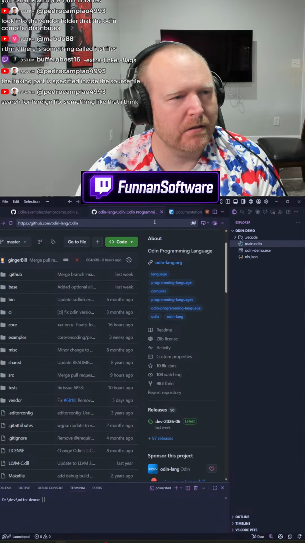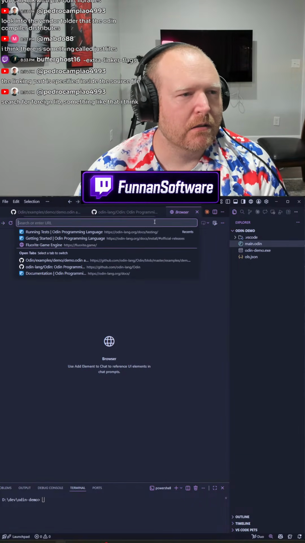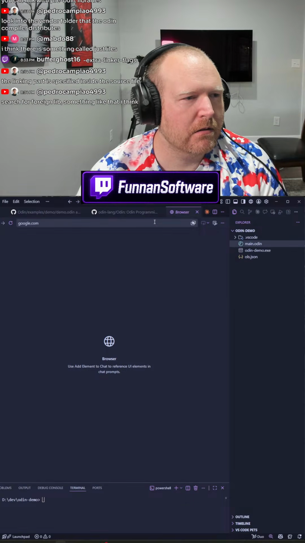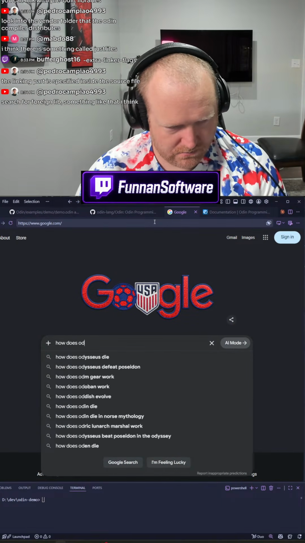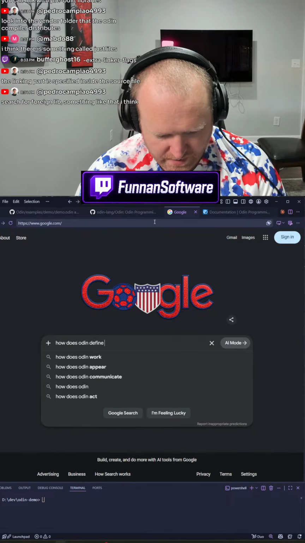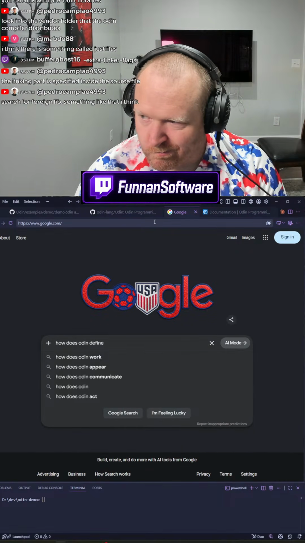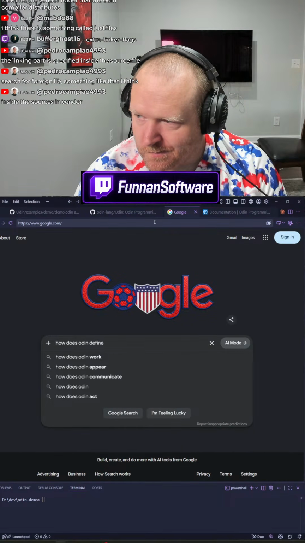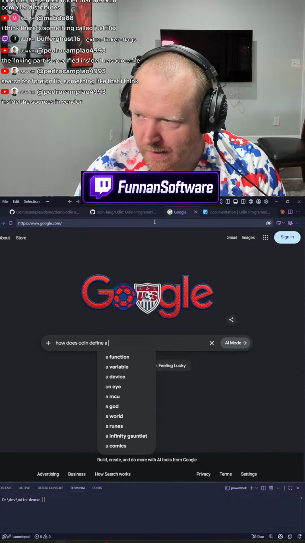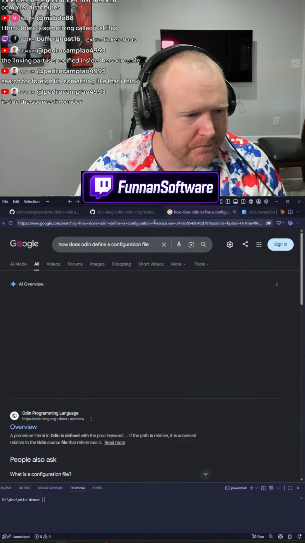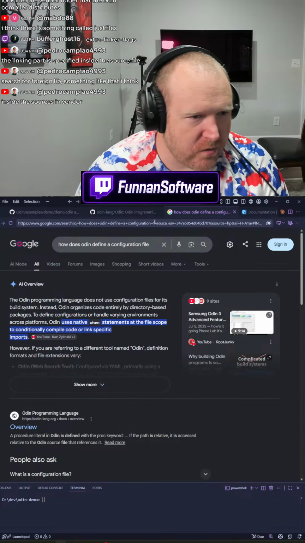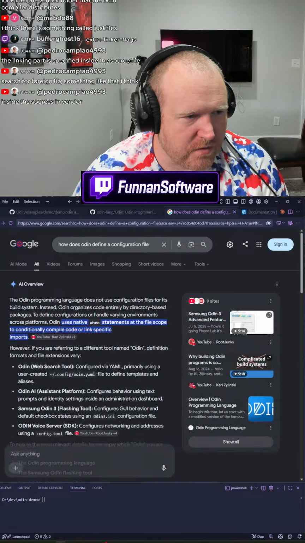Foreign lib? How does Odin define a configuration file? The Odin language does not use configuration files for its build system.